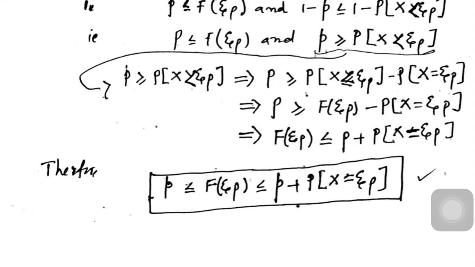For whatever be the random variable, psi p, the pth order quantile is a quantity such that p less than or equal to f of psi p less than or equal to p plus the probability that x equal to